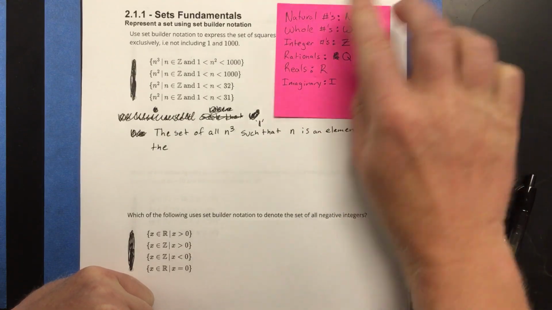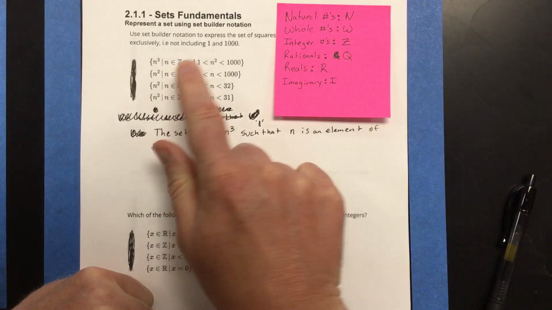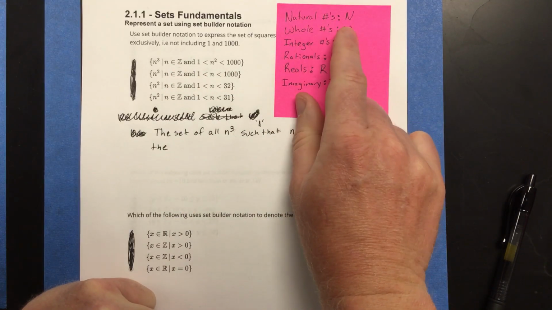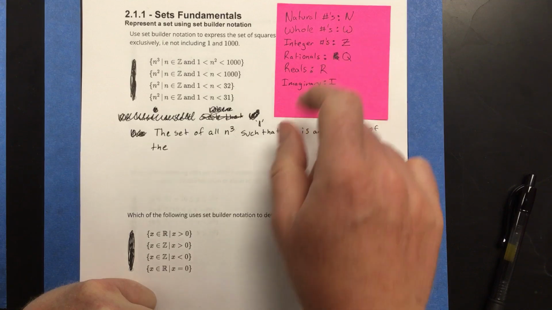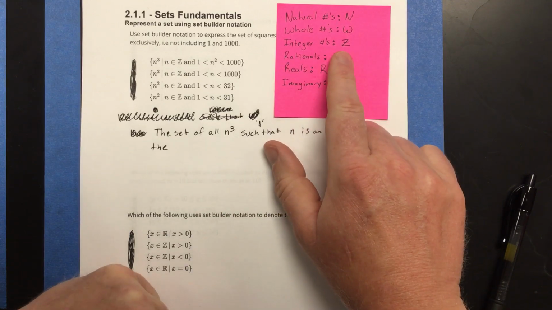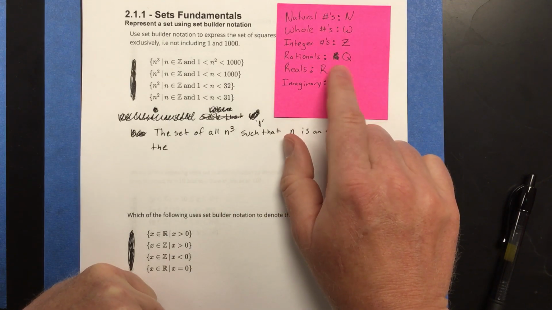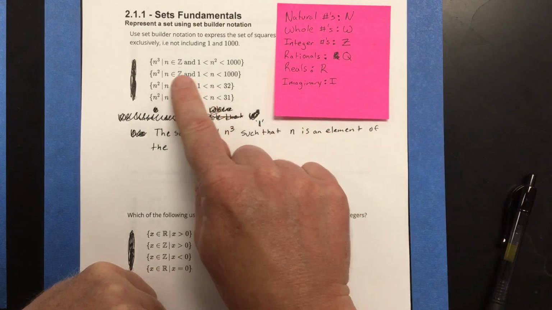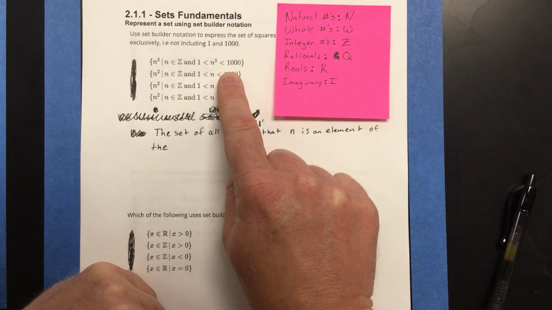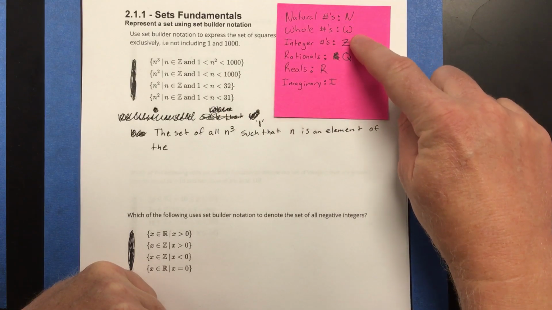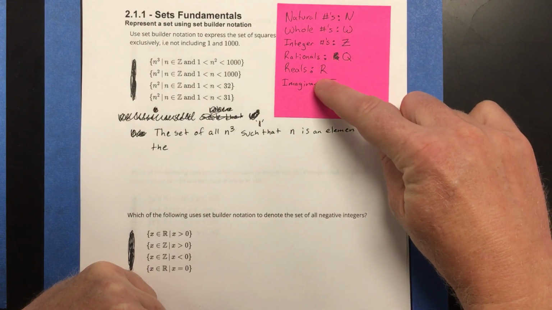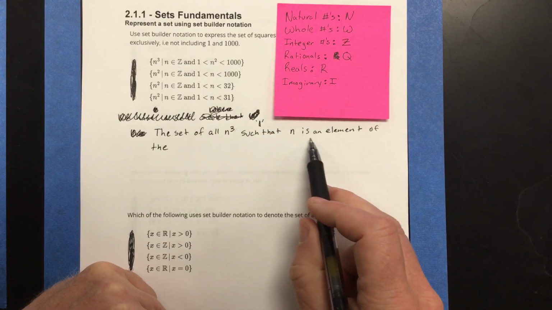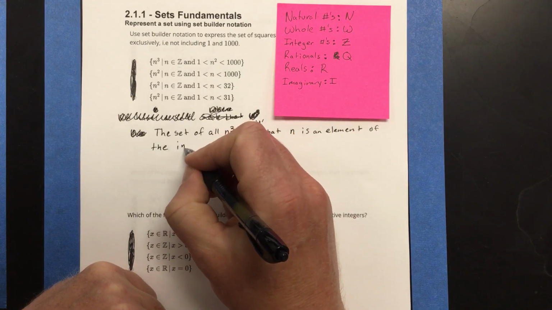This is talking about a certain set of numbers, and they define the natural numbers as N, the whole numbers as W, integers as Z, rationals as Q, reals as R, and imaginary as I. When you're reading math notation, this is how they represent these classes of numbers. We've got Z here, so we're talking about the integers. So we're going to say n is an element of the integers,